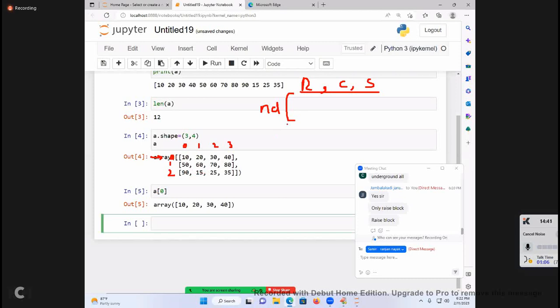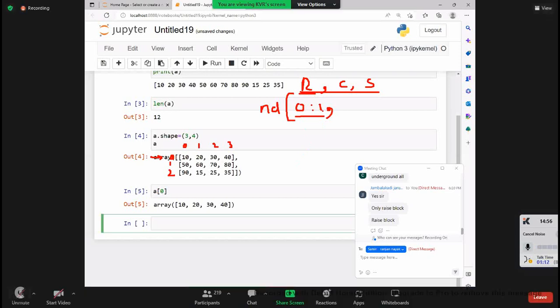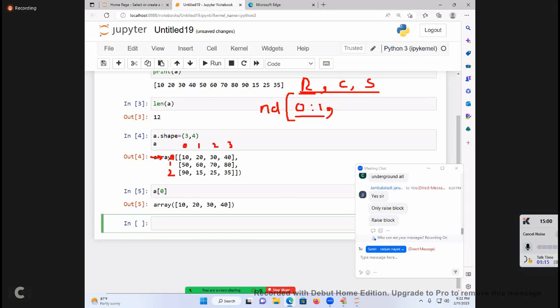So row beginning 0, colon, 1, no row step. 0 to 1 means 0 to 1 minus 1, that is called 0. Comma. What are the columns? 0th column, first column, second column, third column. 0 colon 4. 0 colon 4. What is the answer? Same.